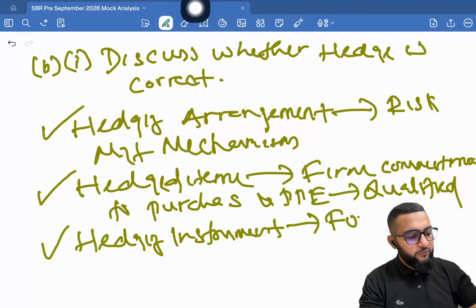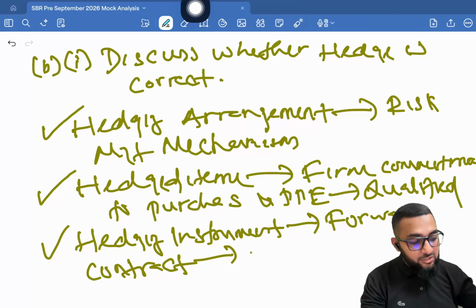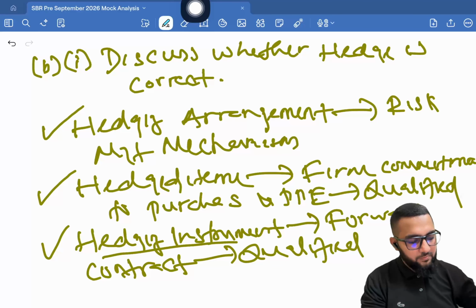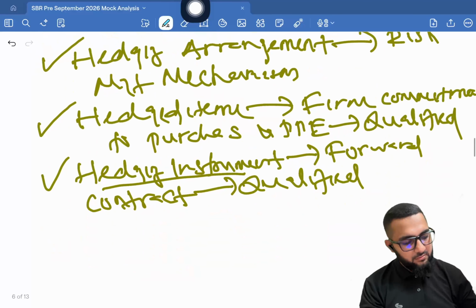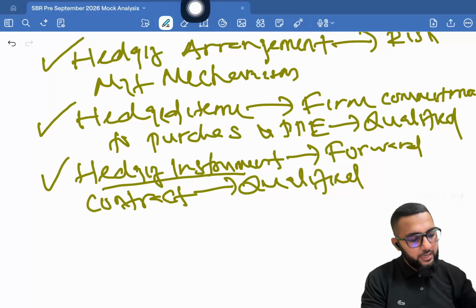Right? Which is the forward contract. Forward contract. Yeah. This is an eligible qualified derivative, a qualified hedging instrument, right? You speak about that and you're applying whatever knowledge, bring that knowledge to apply it. All right. And then